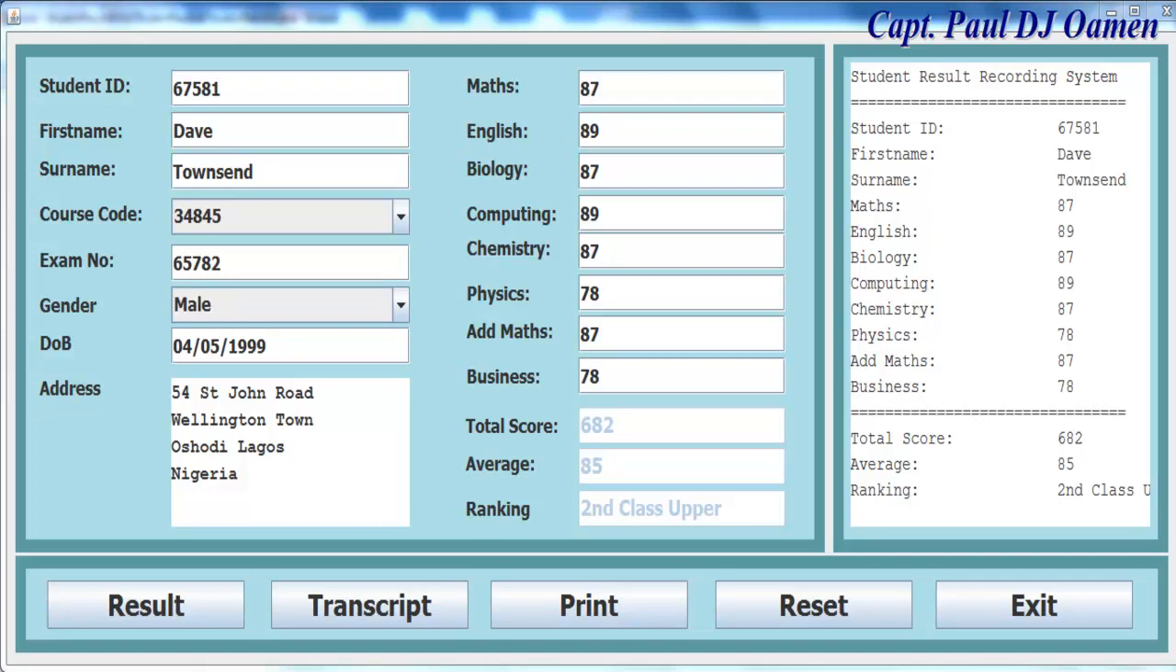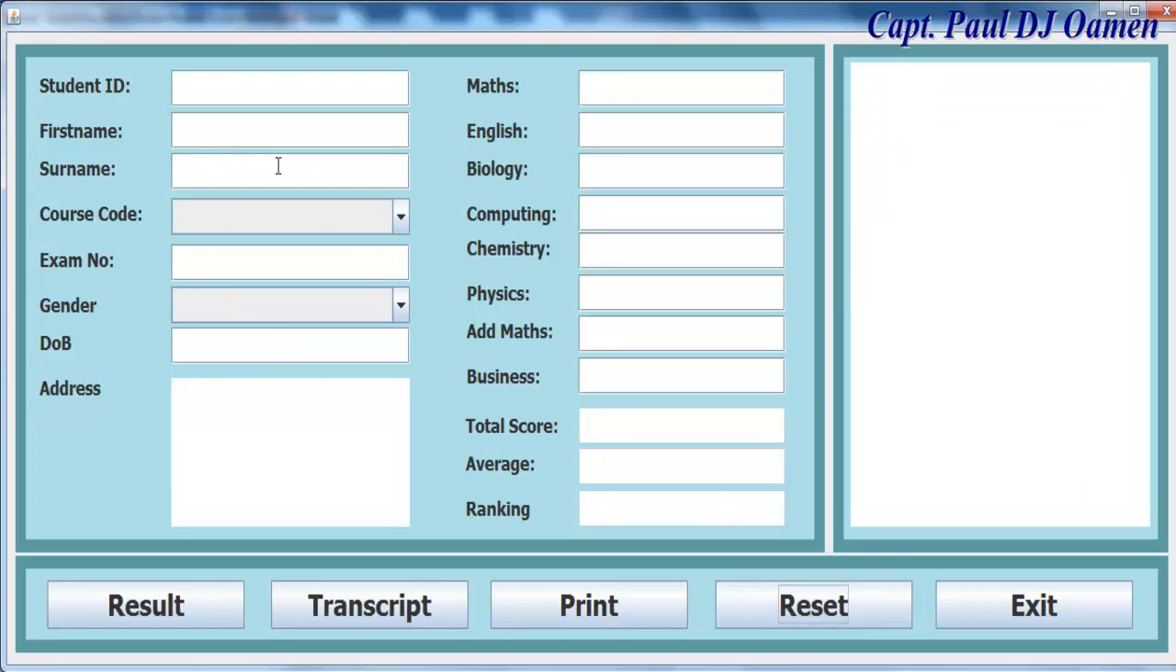Hi and welcome to Java Eclipse of Student Result Management System. So let me show you guys how this works. We can reset the old data that we have in here and enter new student data there, such as the student number, and we can enter the name here,